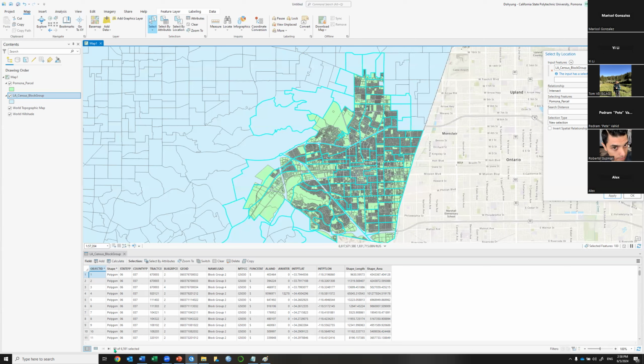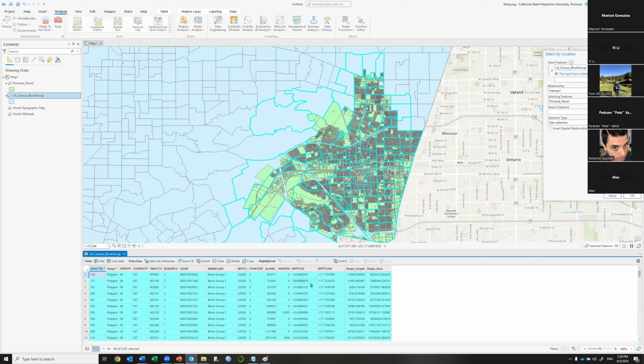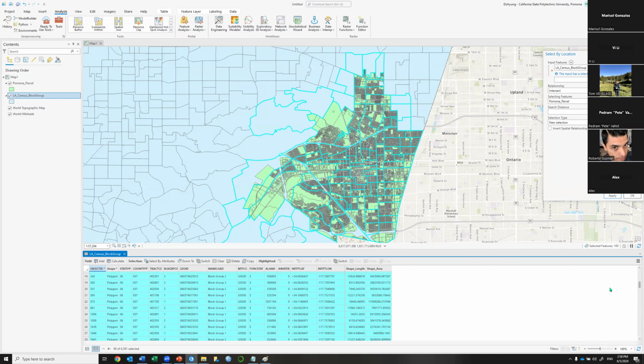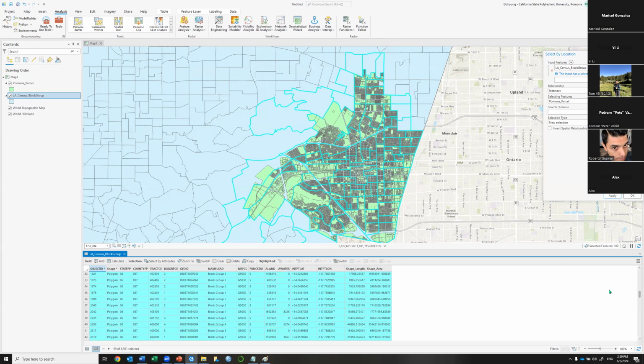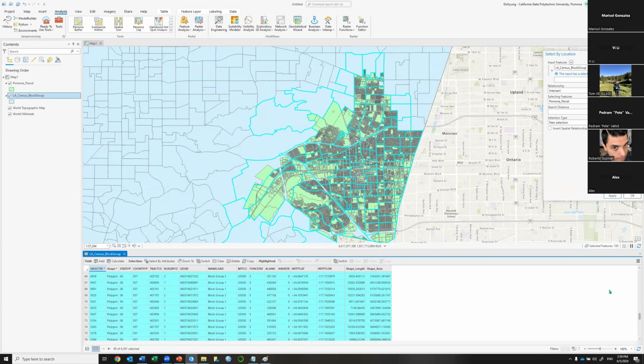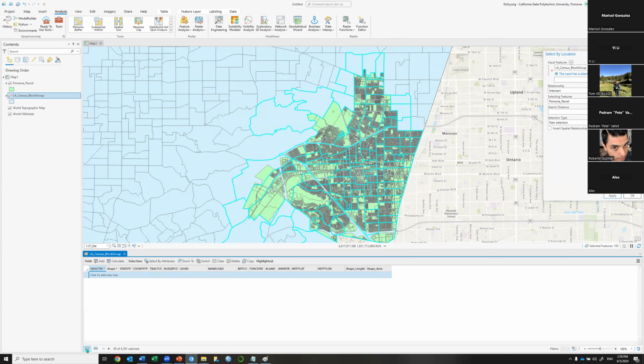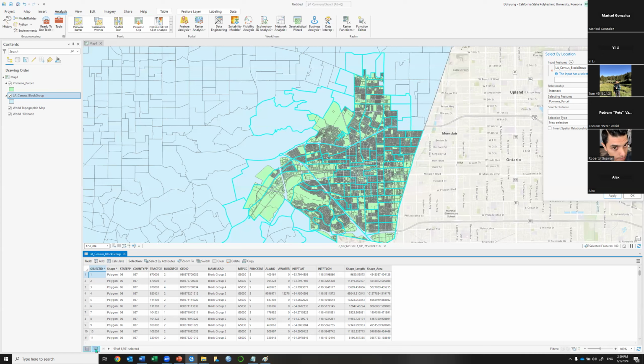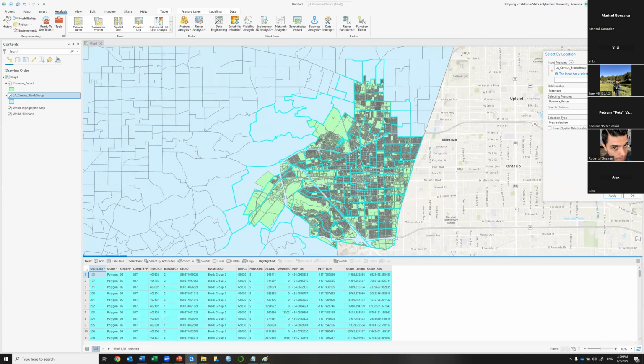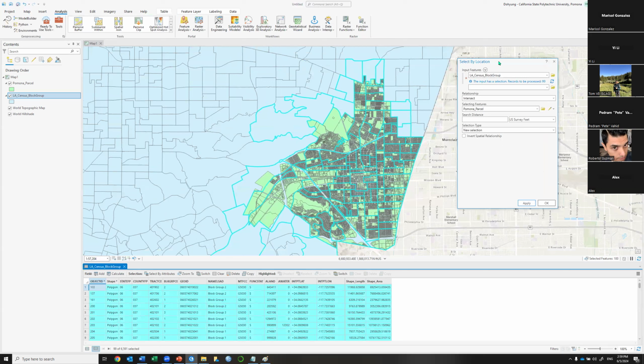Okay, if you want to take a look at only those 99 records, you may want to click this little tiny button at the bottom left corner, and then you can see only 99 records highlighted, right? So you can toggle between the entire data set and the selected data set, the subset of it, right? So you can toggle between the entire data set and the subset of that data set. Here, going back to the select by location interface,